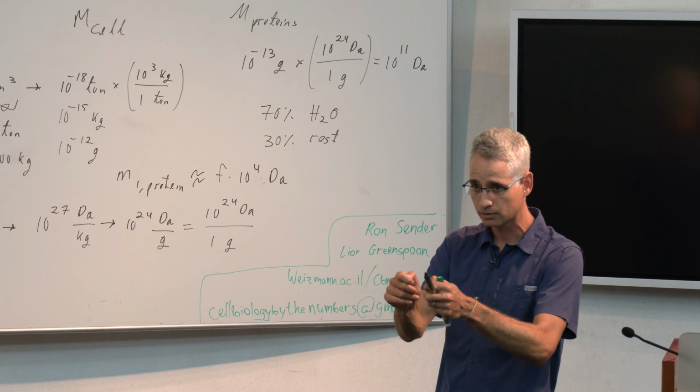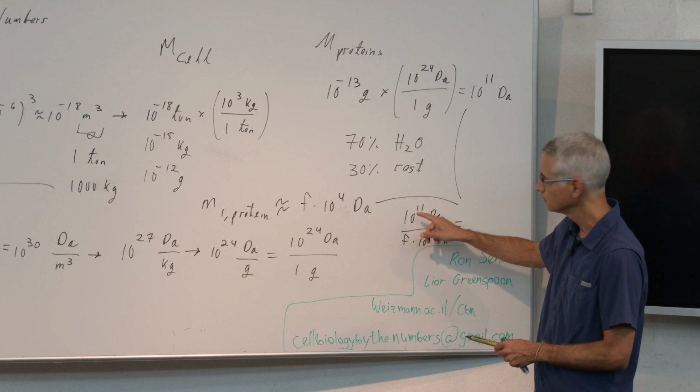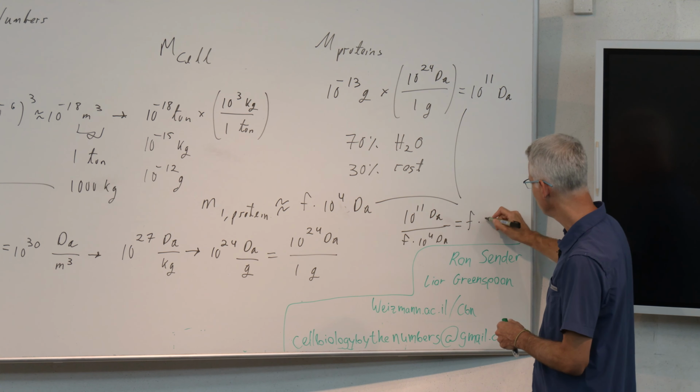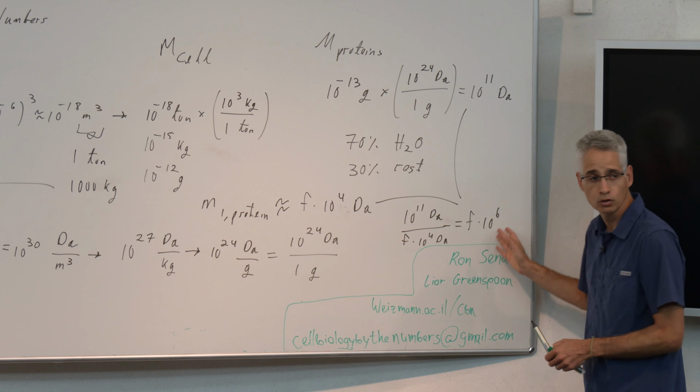We have 10 to the 11 Daltons. We said each one is a few times 10 to the 4 Daltons. So now I just need to remember to combine these two together, divide this by that. So I have 10 to the 11 Daltons divided by a few times 10 to the 4 Daltons. That's equal to what? I can take this 10 to the 11, it's like 10 times 10 to the 10. 10 divided by a few would be a few. 10 to the 10 over 10 to the 4 is 10 to the 6. Okay, so I got a few million,